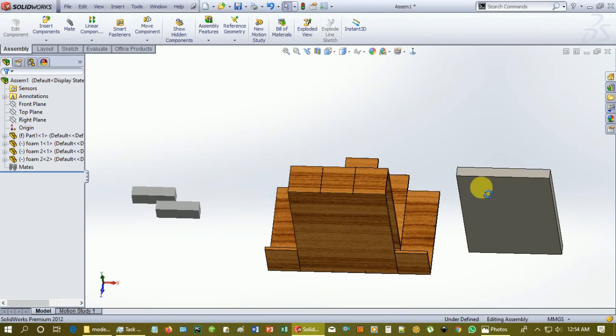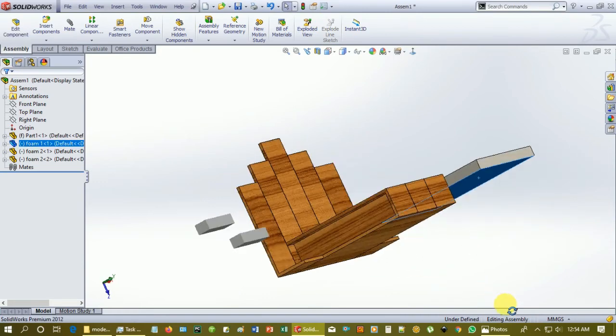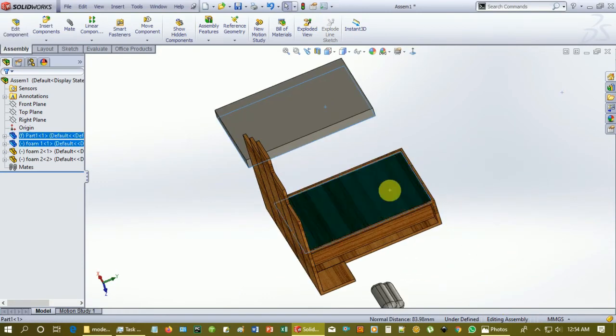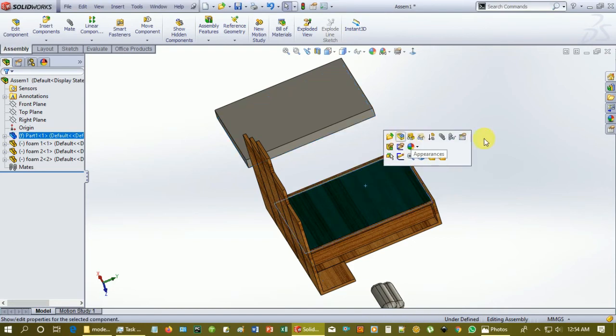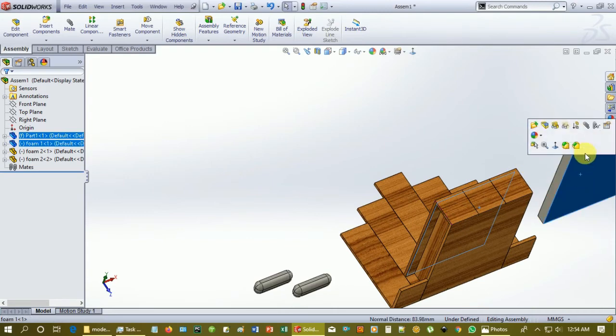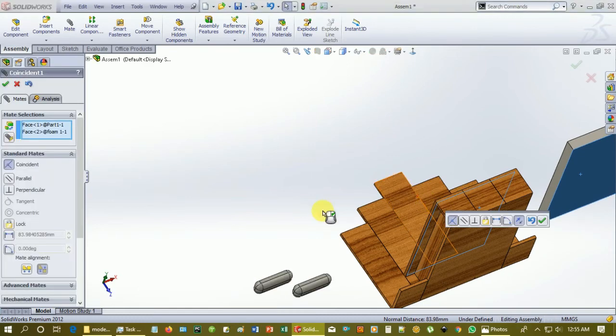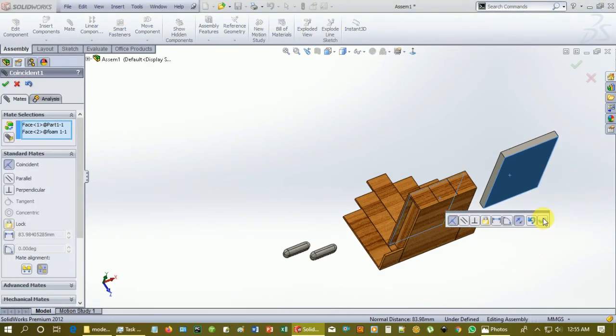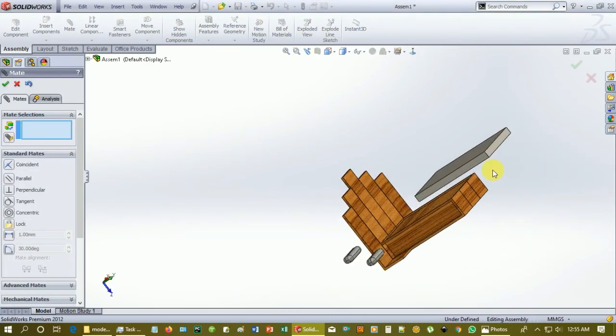So let's mate it. Select that face and that face, and that face. Select mate, click OK. Select that face